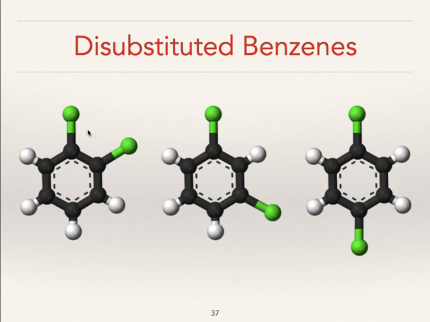There's 2 ways to do this. And the first one is that you can simply name all the carbons, right? So just like we named carbon chains, we can name carbon rings as well. Or pardon me, just the same way that we numbered carbon chains, we can number carbon rings. So this carbon would be 1, this carbon would be 2, 3, 4, 5, and 6. So we would call this